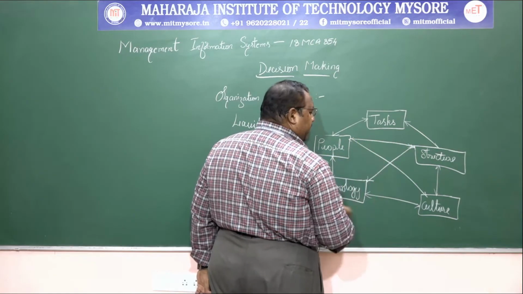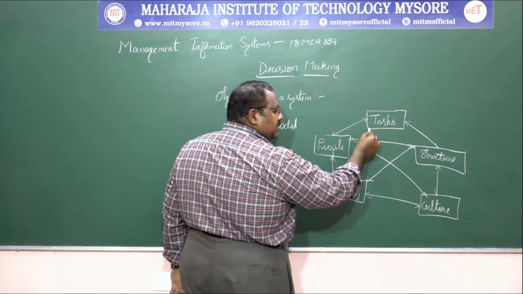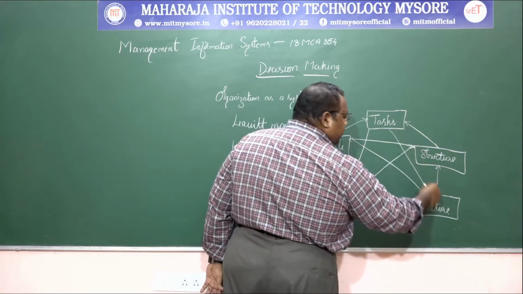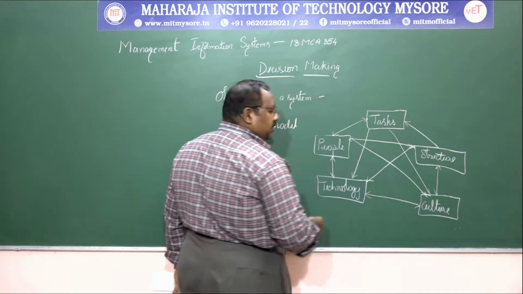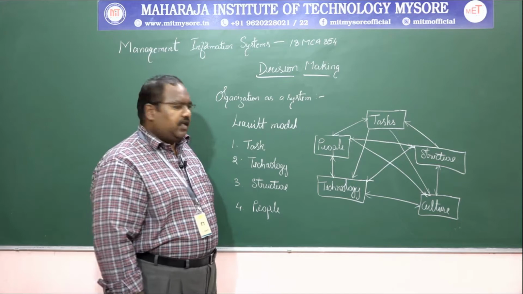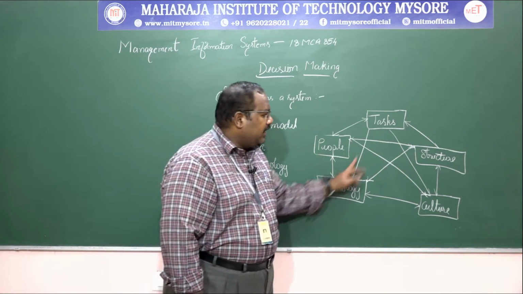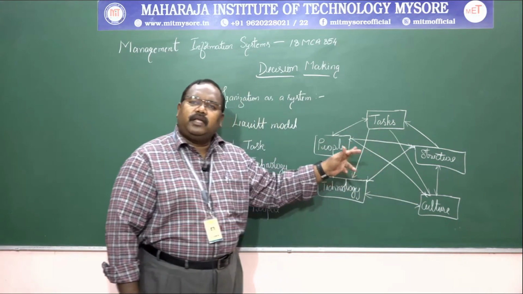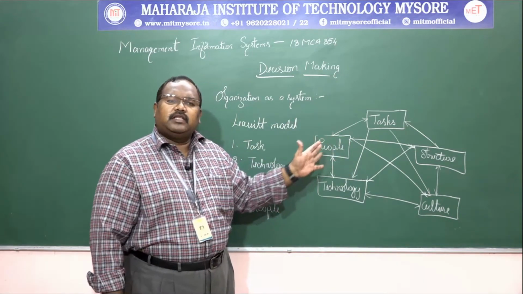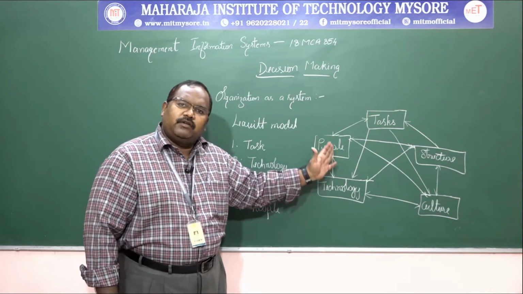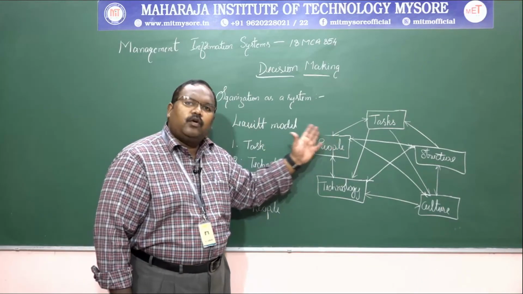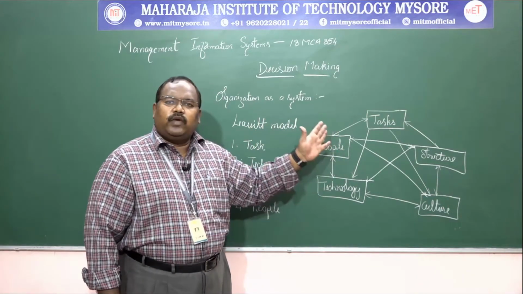Those are all bidirectional. So even the task can have direct contact. Even the task can have direct contact with respect to the culture. Similarly, structure, everything. Look at this. The intention of saying all these things is that this has indirectly become a star in nature. It means when all those things are combined together, it forms an organization. When all the things are interlinked, then the information flows from one entity or one component to another in an easy way.